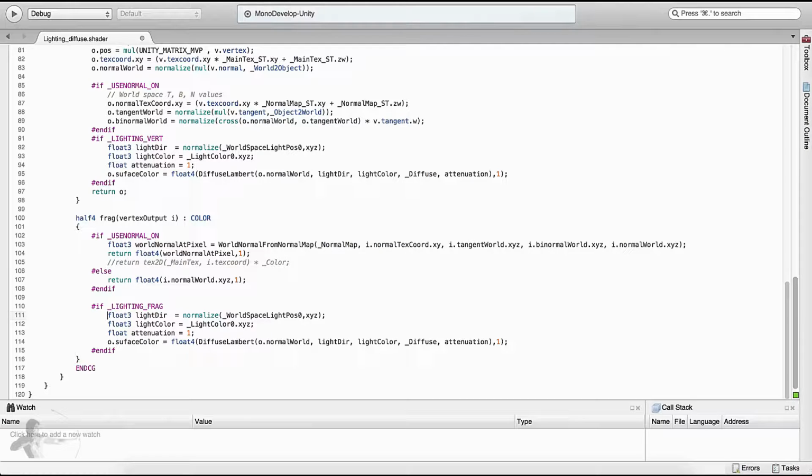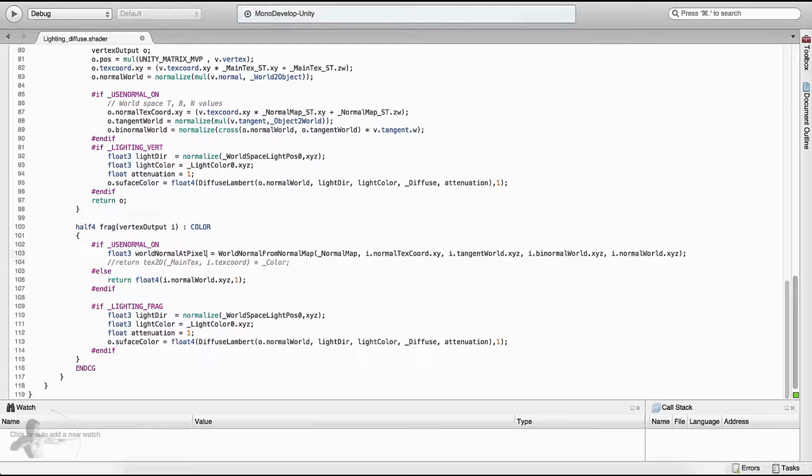There is one property that we don't have here, which is o.normalWorld. And in the fragment shader, we know that we are calculating the normal as 2 different options. Either we are calculating it from the normal map or from the interpolated values provided to us from the vertex shader. So we will use the property normal world at pixel, which is the world space normal value at that fragment or the pixel on which the